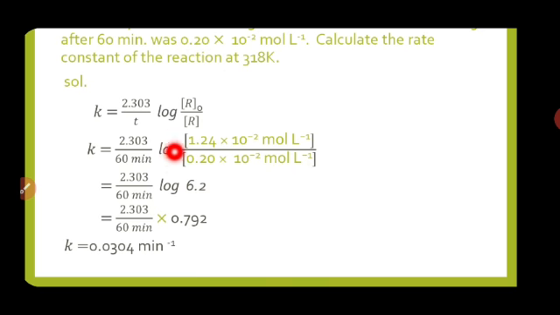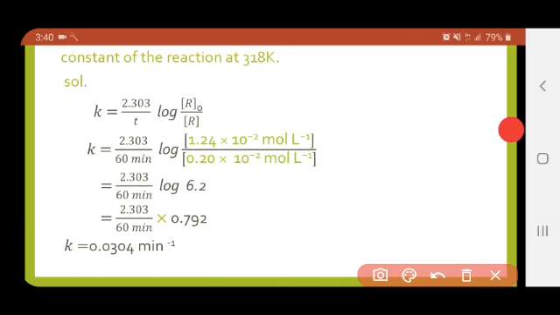Now, if you solve this, just see, this 10^-2 and this 10^-2 will get cancelled. What remains? 1.24 divided by 0.20. This will come as 6.2. By seeing the log table, we can find out the value of log as 0.792. So, 2.303 divided by 60 into 0.792, the final answer will come as